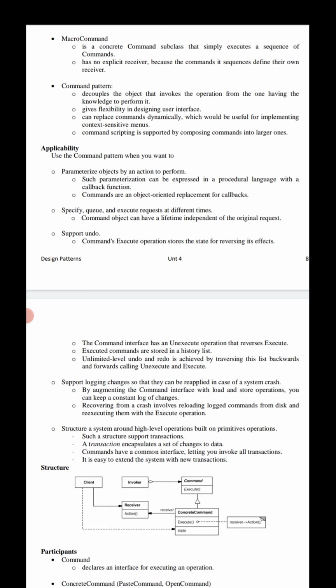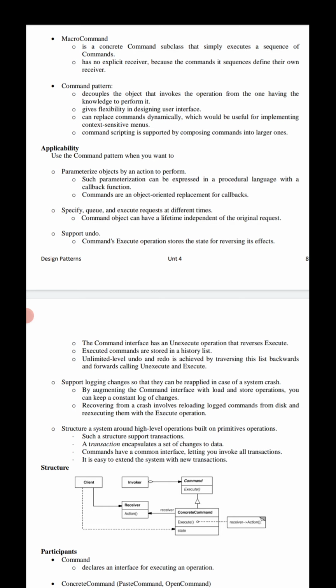By augmenting the command interface with load and store operations, you can keep a persistent log of changes. Recovering from a crash involves reloading logged commands from disk and re-executing them with the execute operations.